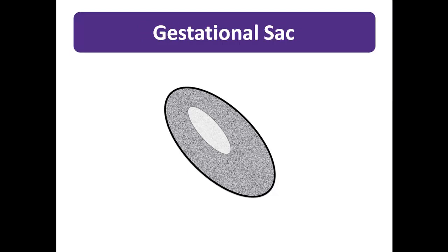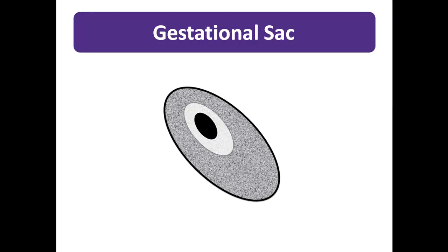As the pregnancy develops, eventually the next identifiable structure will be a gestational sac. The gestational sac appears as an anechoic, fluid-filled sac that is contained within the decidual reaction. Normally it appears round or oval, and it seems to have a fullness to it. One must be careful, as a gestational sac, even within the decidual reaction, is still not definitive proof of an